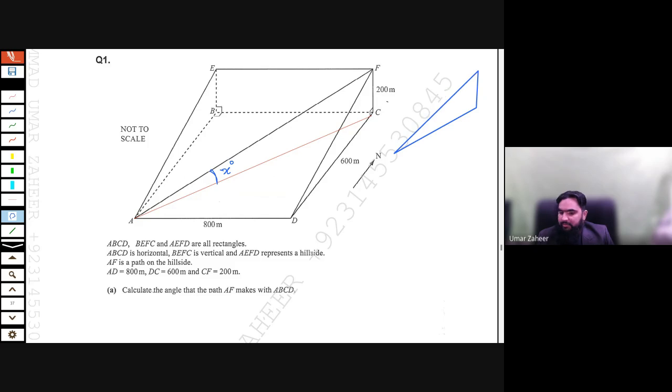It does not look like a right angle, but we know that the base and this side are horizontal and vertical, so there must be 90 degrees. It is 200. This is the angle that needs to be found. So we need to find at least one more side, then we are able to find the angle. So we are just going to work on this triangle